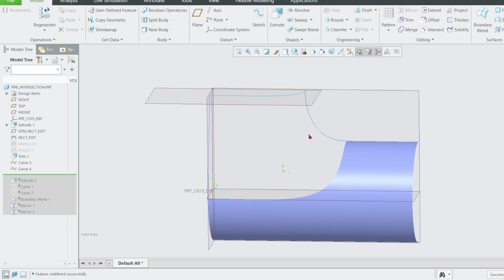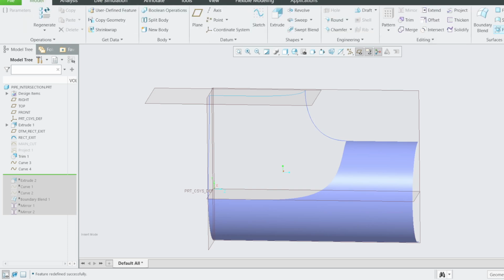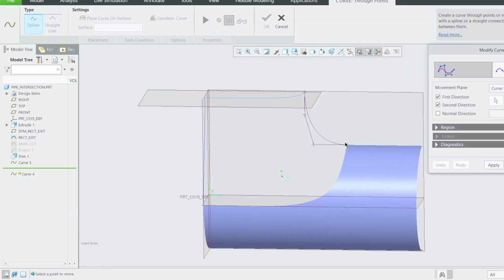Yeah, for me, I'm not a fan of freestyle. If you go to applications here, this freestyle, I'm not a fan of this personally. For me, I like having my design controlled by parameters. I want to control everything using parameters. Some people are fans of freestyle. It is okay. I like avoiding using, for example, this tweak curve. If I go back to tweak here, there's no dimension. Anyway,